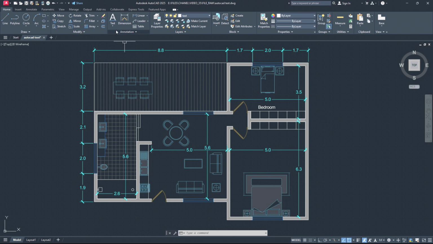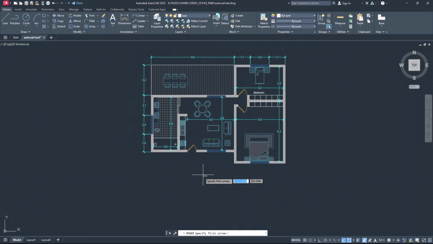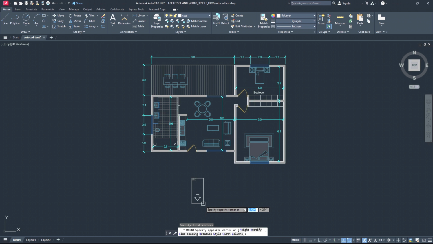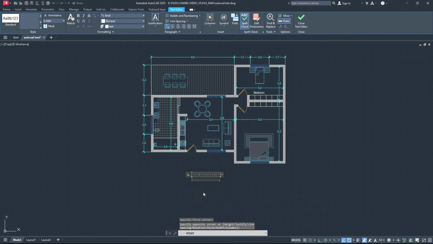So, for the multi-line text, we go to the same location, but this time instead of single line, we will use multi-line text. Click on it, and now drag your mouse, click and drag. Vertical is not important, as any time we hit enter, it will create a new row, but horizontal, it matters. So click and let's type